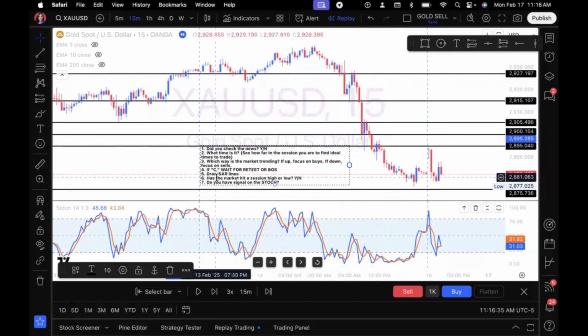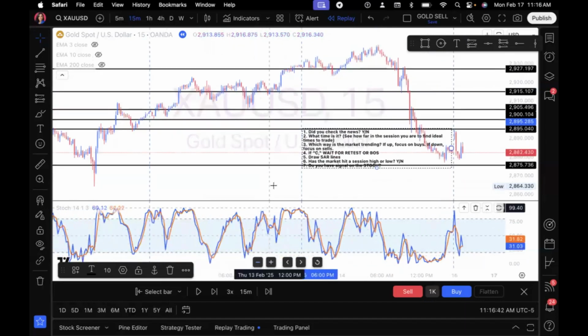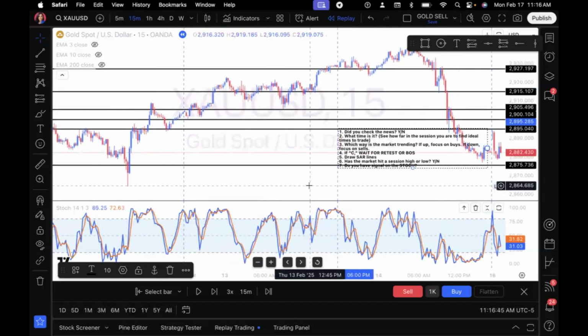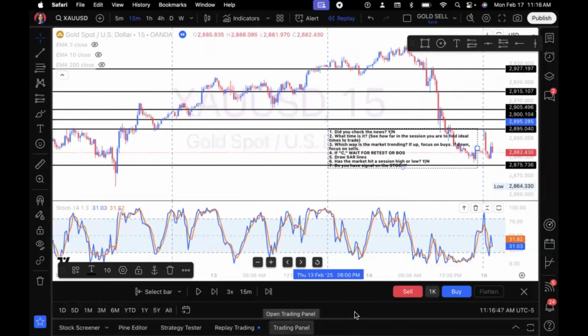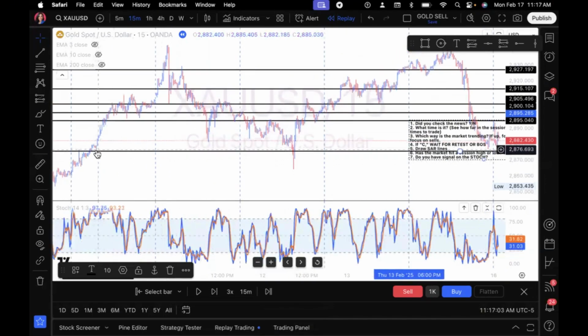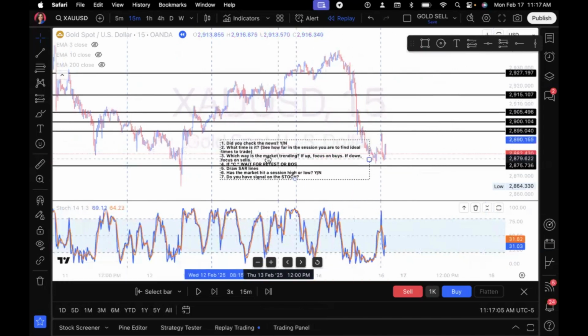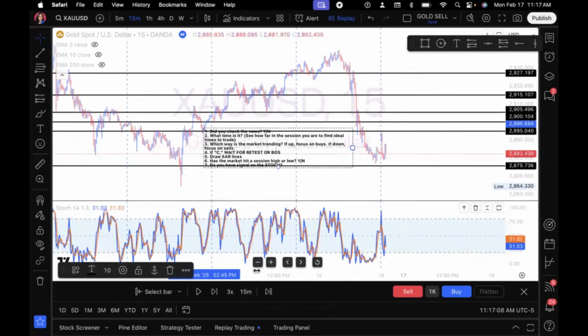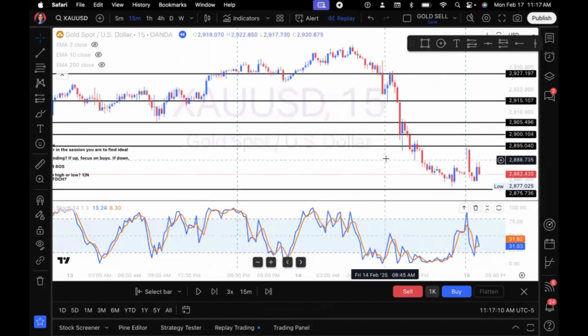The next thing that I do in my strategy is I draw my support and resistance lines. And this is pretty straightforward. Support is an area in the market where you can see that it has previously bought, and resistance is a place in the market where you can see that it previously sold. So I can see that it previously bought here, making this a strong area of support here. And if I were to zoom out, I'm pretty sure I can see other places where the market bought at this area.